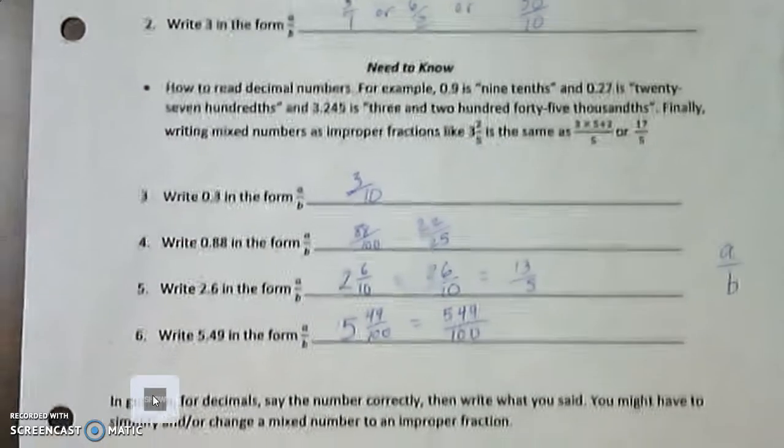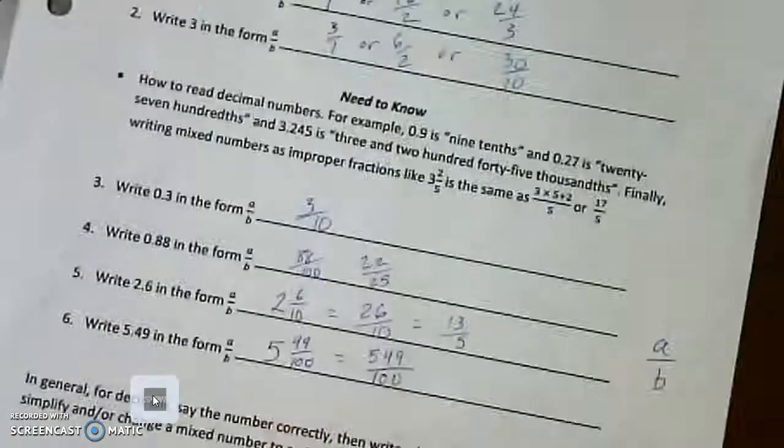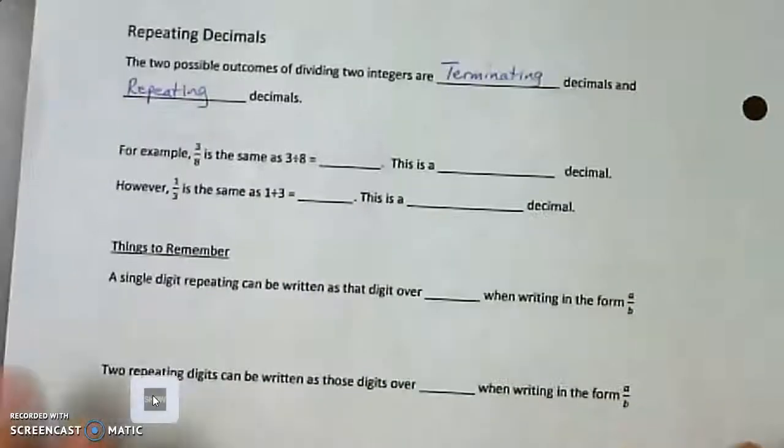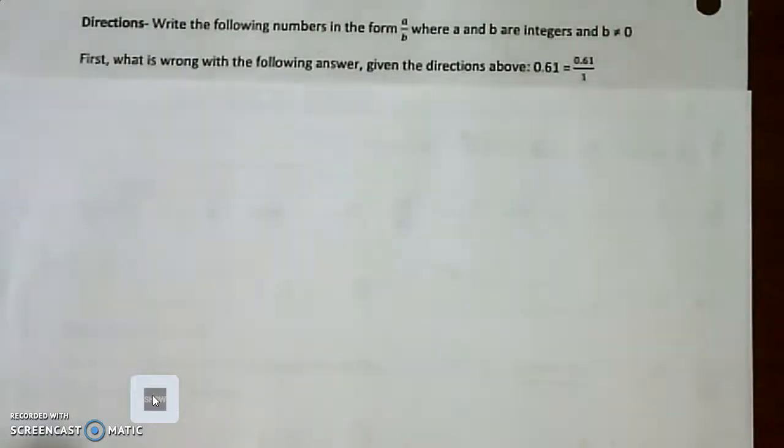Okay, so at the bottom I just wrote, in general for decimals, say the number correctly, then write what you said. You might have to simplify and/or change a mixed number to an improper fraction. Okay, so this section, oh wait, I have to show you something before we do that section. There, covered up the answer. First, before we move on here,